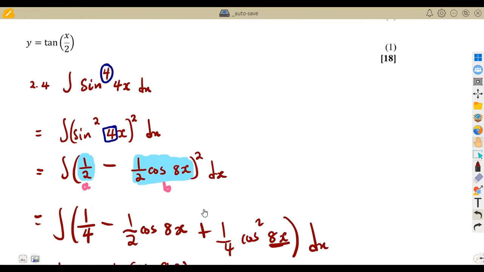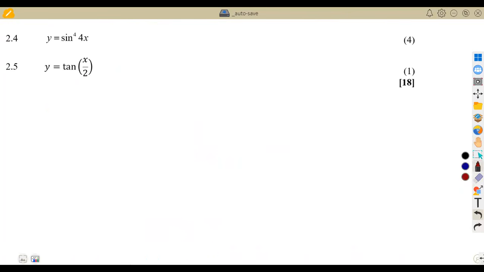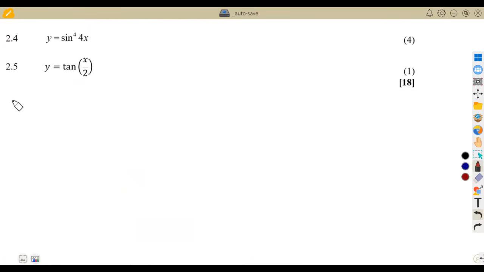All right, anyways, let us check the last question that we're given, which is on 2.5. So on 2.5, we are asked again to integrate. This is tan. All right, why are they giving us something like this? This is something that is direct. All right, anyways, the integral of tan x over 2 like this with respect to x is